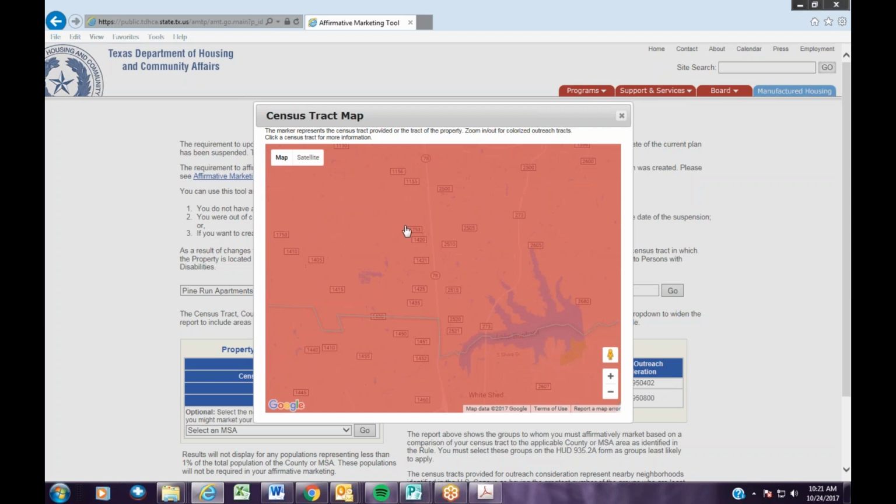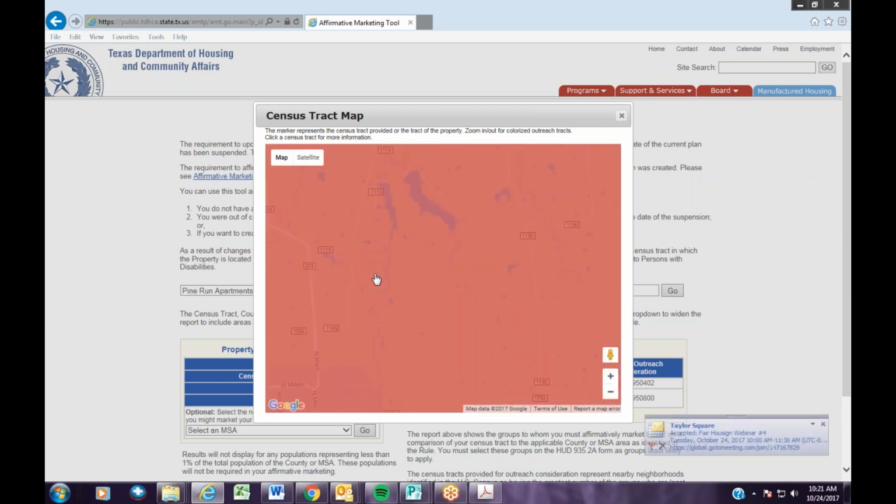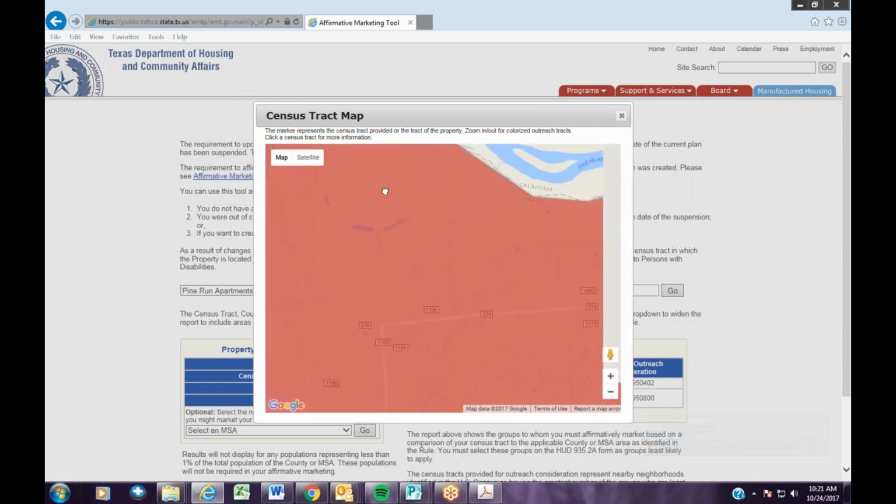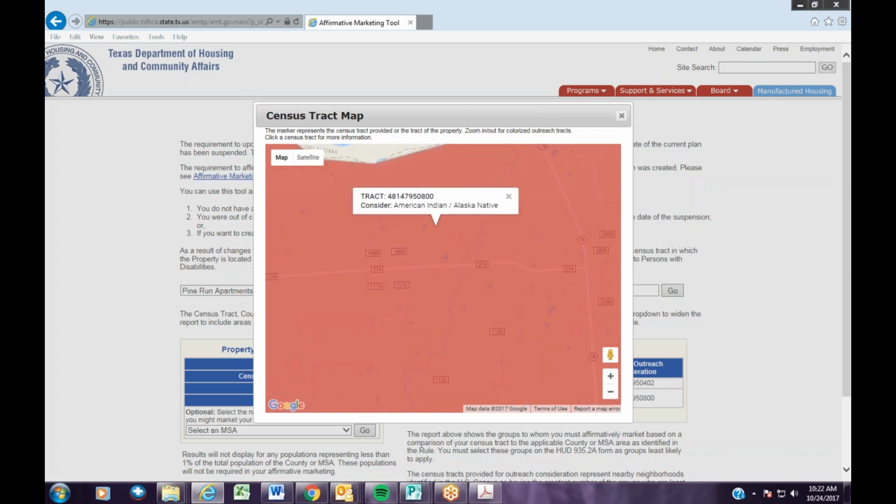I don't even see anything popping up in this area that I could potentially use. Are you guys seeing any businesses in here? Because I'm not. Okay, Walker's Blueberry, that's probably it. So she's marketing to American Indian or Alaskan Natives. Okay, so there's not really anything in here. So if you have an issue like that,